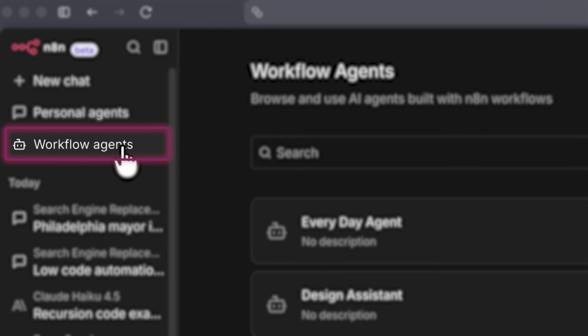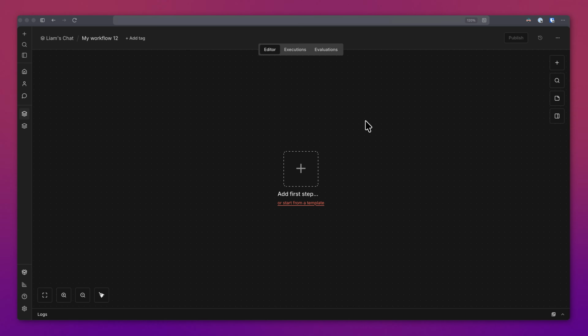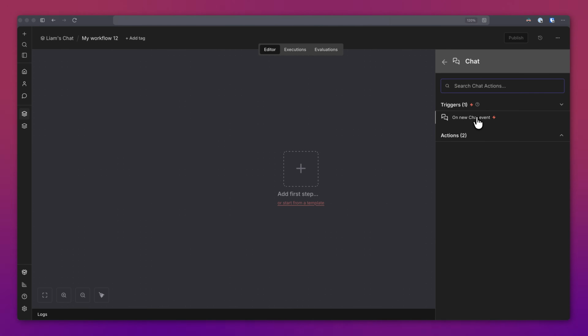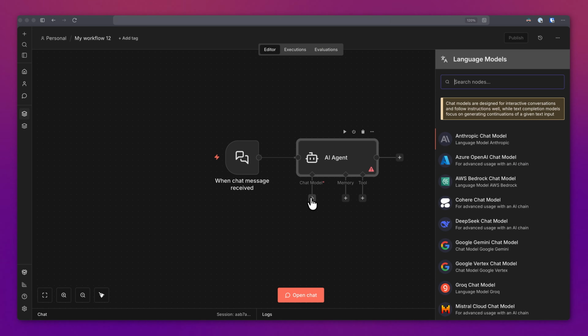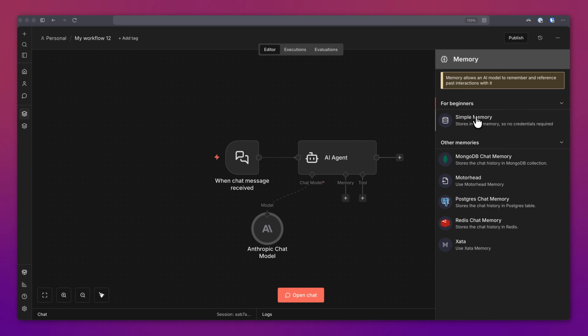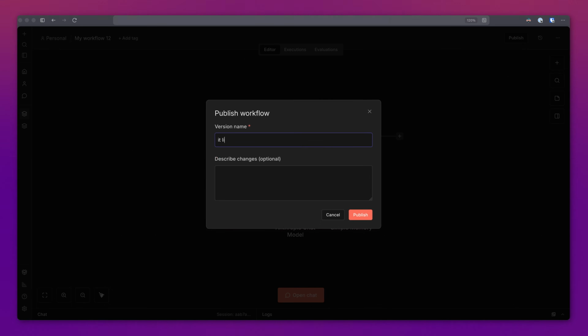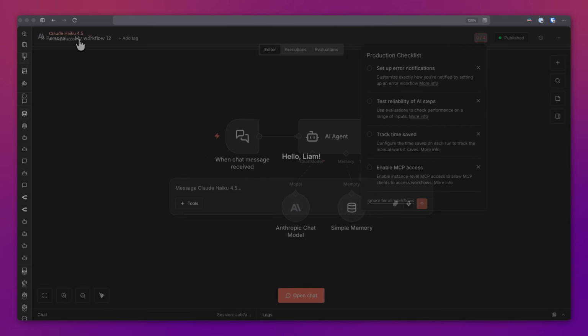But the workflow agents, I think, are much cooler, and they are definitely way more powerful. Let's make one of those as well. They are workflow based, so we're going to start off with a fresh workflow. Workflows need a chat trigger with the available in Chat Hub toggle enabled. Then we need to add an agent node with a model and memory. And all that's left to do is publish the workflow, and then it should be available in the Chat Hub